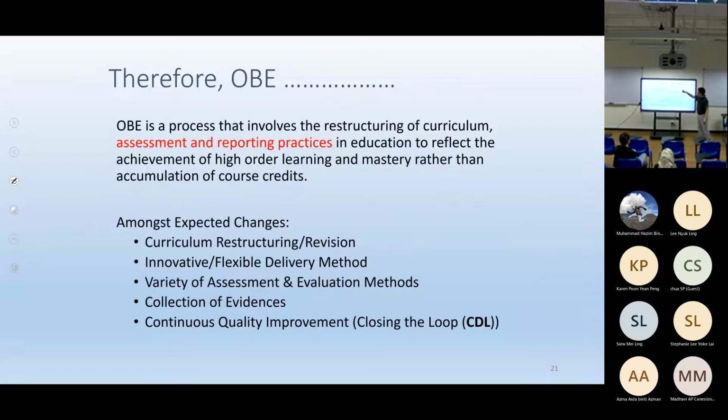So, as what we said, OBE is a process that involves the restructuring of curriculum, assessment, and reporting practices. And I would like to stress here, among expected changes, when you practice OBE, you are going to see curriculum restructuring and revision, innovative flexible delivery methods, variety of assessment evaluation methods, collection of evidence, and continuous quality. Okay, so in a nutshell, this is